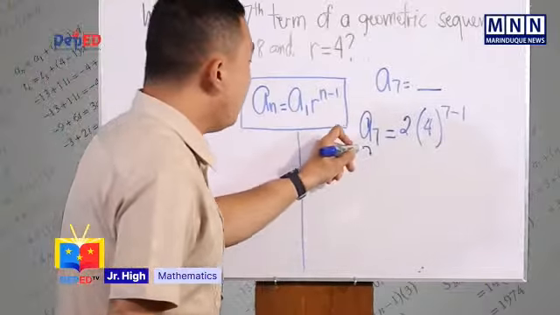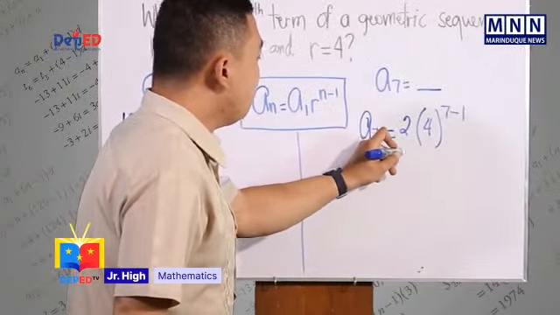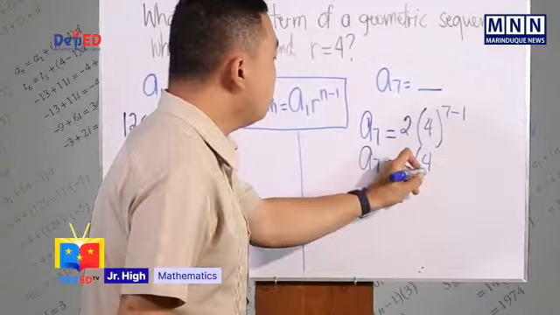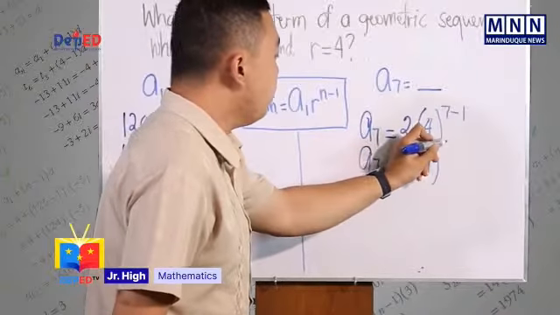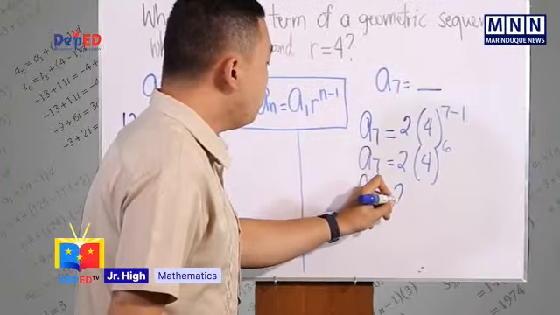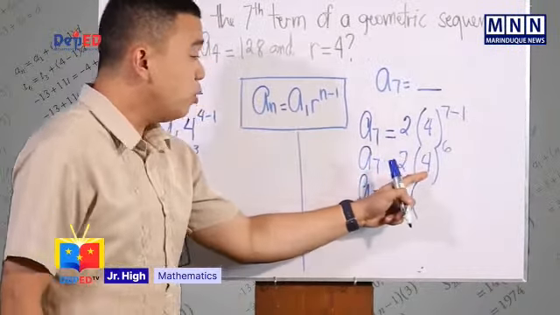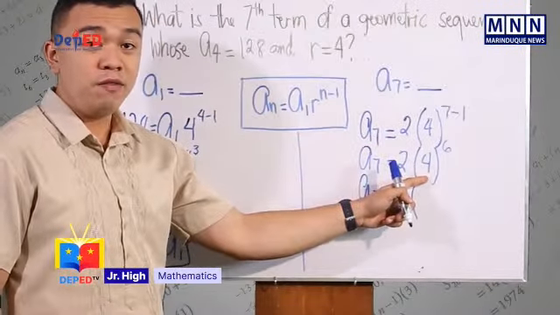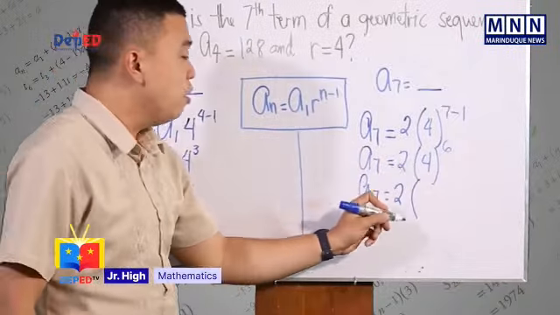Next, we will have a sub 7 is equal to 2 times 4 raised to 7 minus 1, which will give us 6. A sub 7 is equal to 2 times, we will multiply 4 by itself 6 times, which will give us